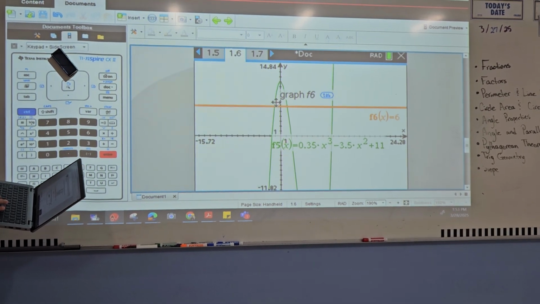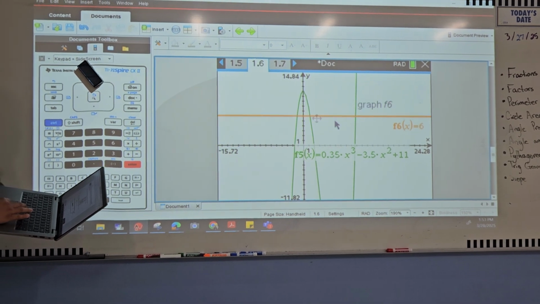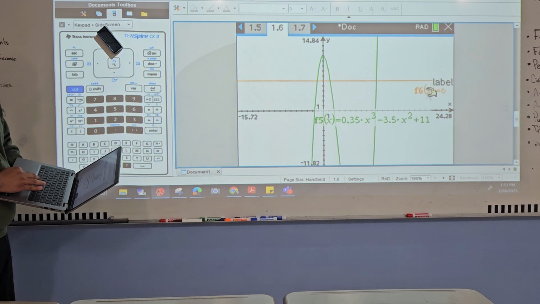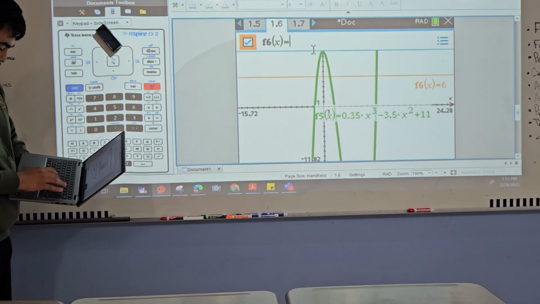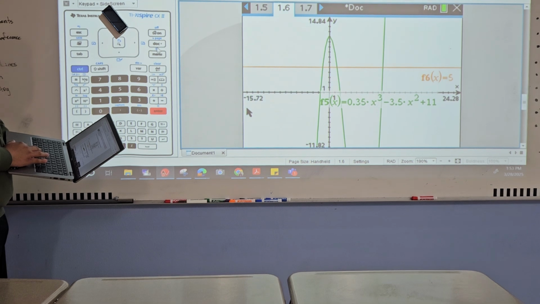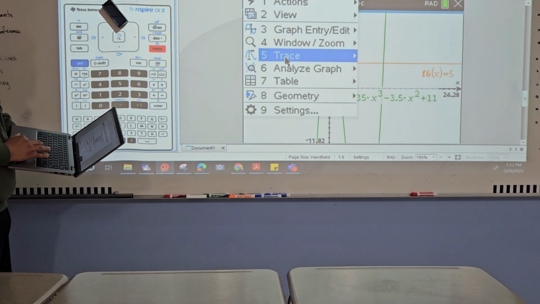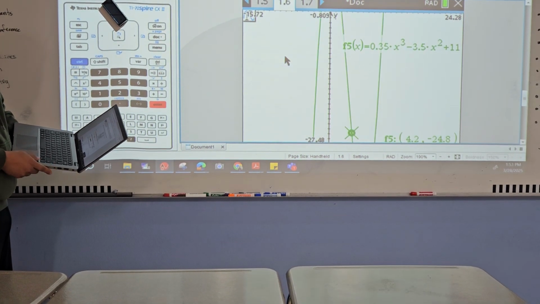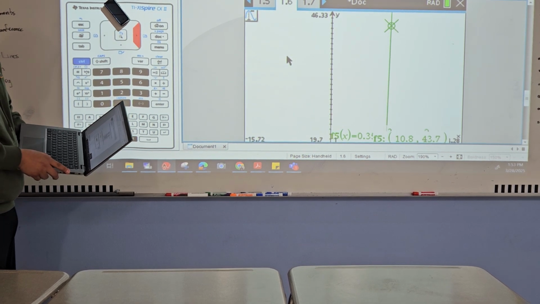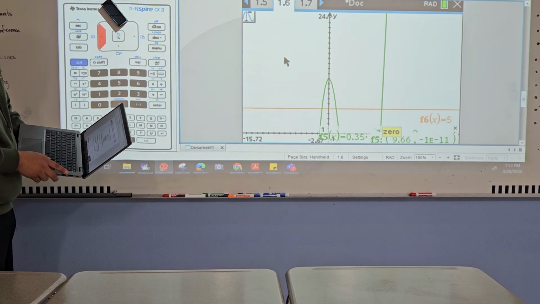So your focus here is where they intersect. It's an output of 5. Oh, sorry, it's an output of 5. My bad, thank you. So here you go. So where do they meet? If I do trace, menu 5-1, and start over here on the right, they meet over here at